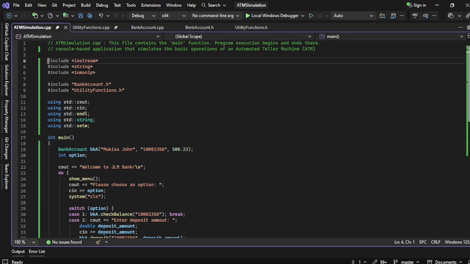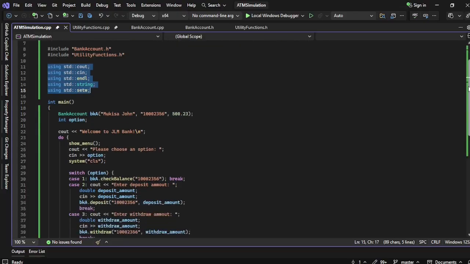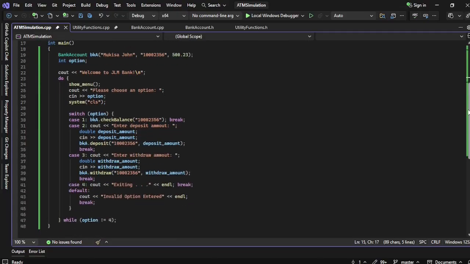In my main file, I have included the necessary imports, and because everyone agrees using namespace is evil and exposes the program to so many issues, I decided to use my namespaces more strictly, just using only the things I need. In my main or entry point, I have this class here, and it's a class of a bank